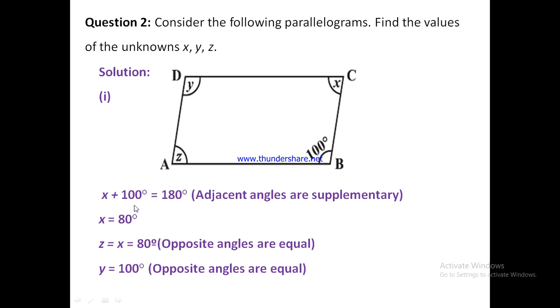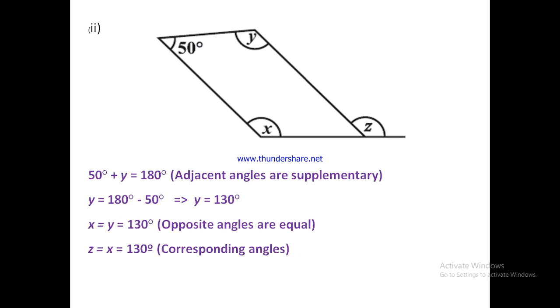Z equals x, as these are opposite angles of a parallelogram. So x is 80 degree, so z will be 80 degree. And y is opposite to this angle, angle B, so it is also 100 degree. Second part,